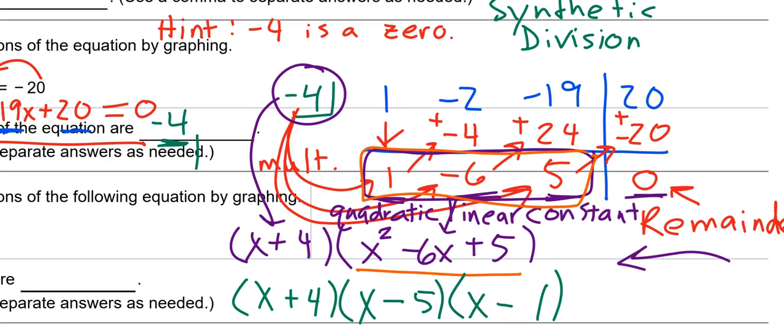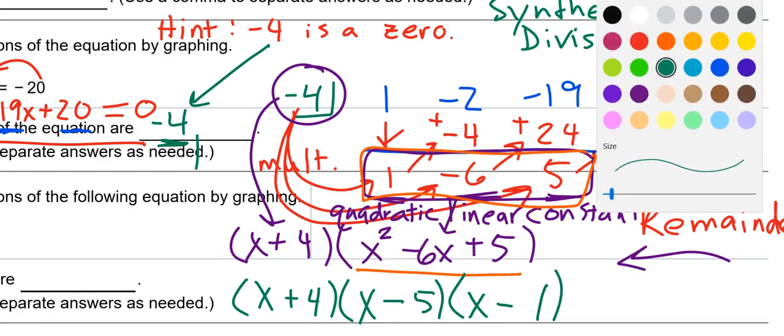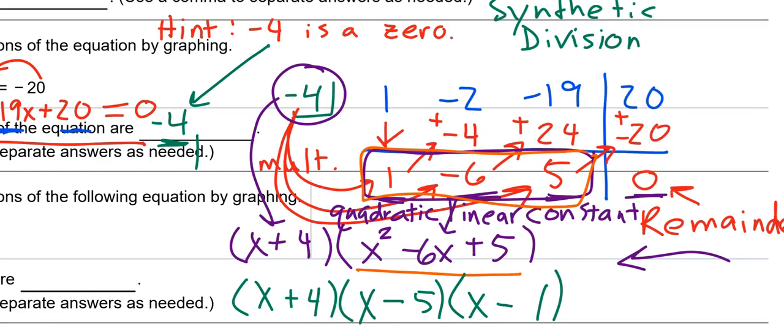Answer the question. Remember, the question was, list all the real solutions. And I started with -4. You told me to copy it down. Actually, I told you, but you knew it. What are the other two answers? 5